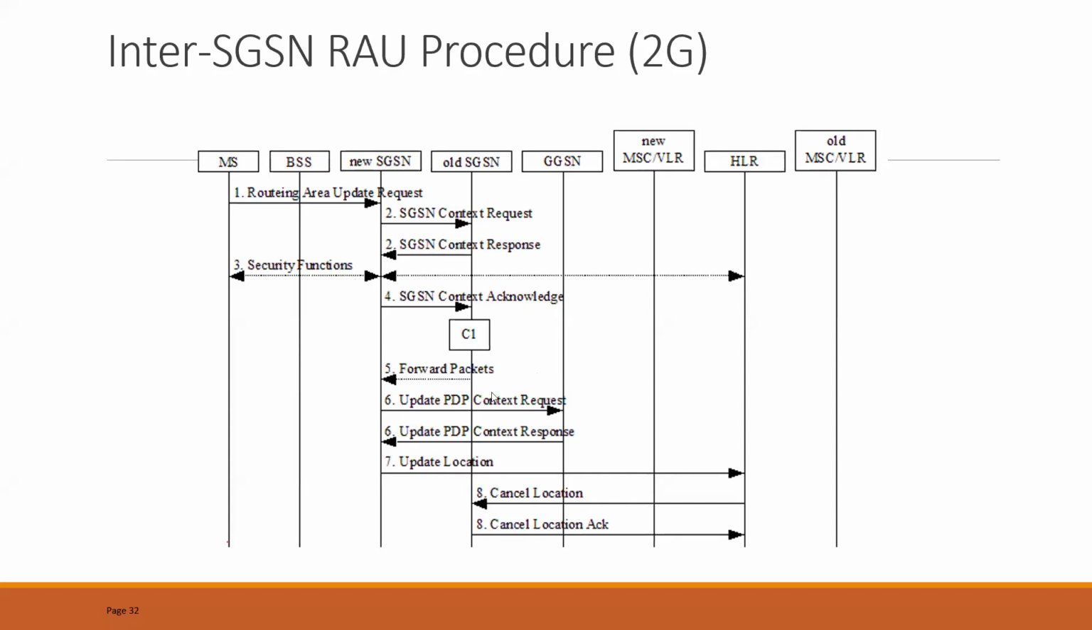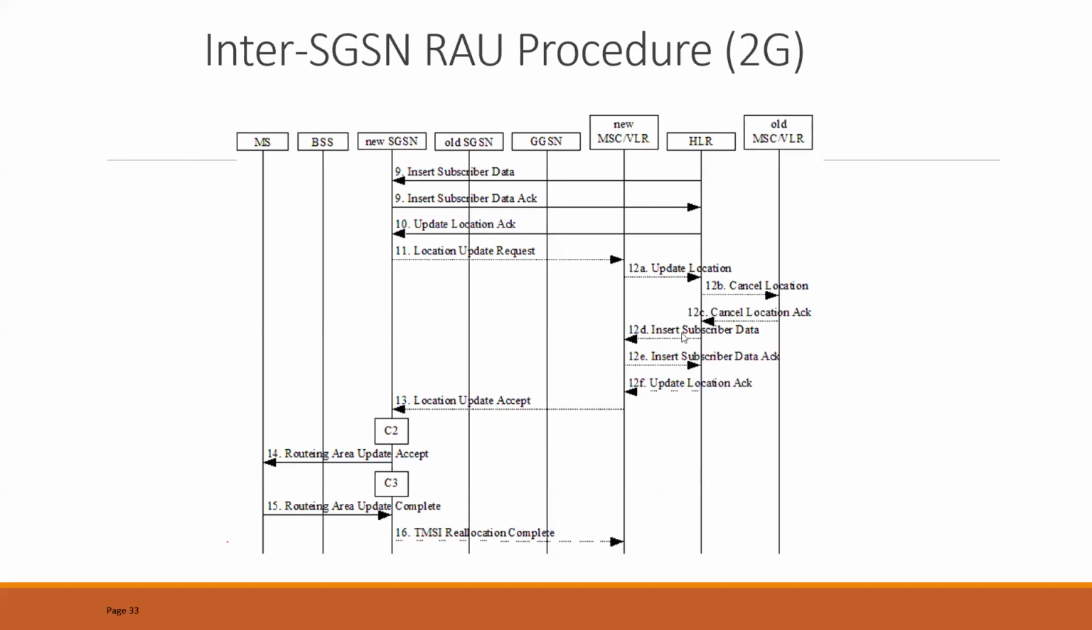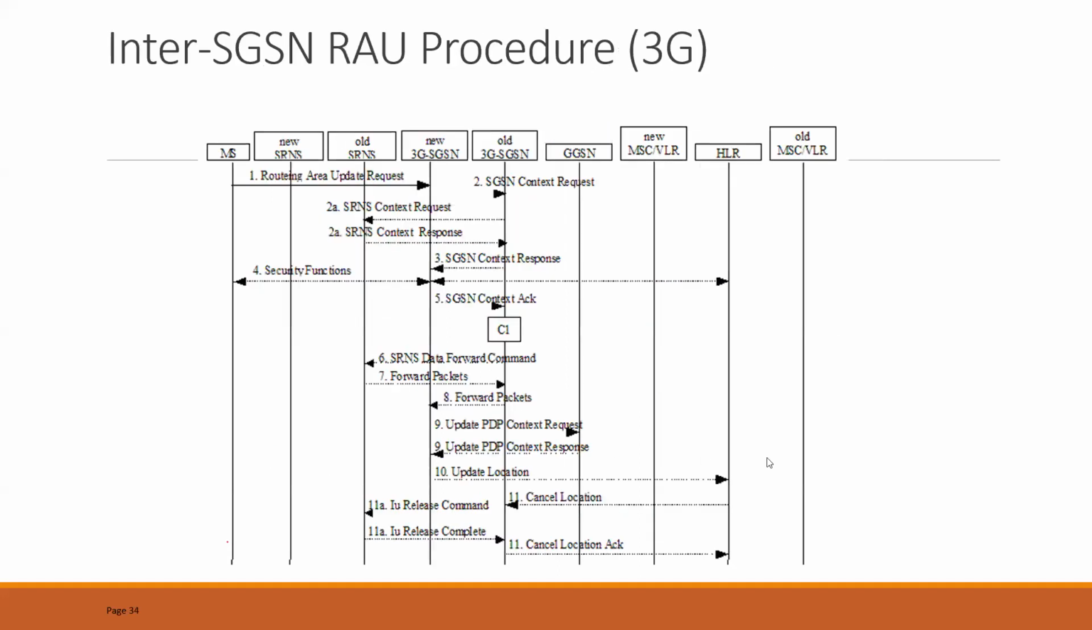So this is what forwarding packet means: if you have any buffered messages or buffered signaling available with you that needs to be transmitted to the MSISDN, it will now send it to the new SGSN to communicate with. Okay. So routing area update accept and routing area update complete. Okay. In 3G, the